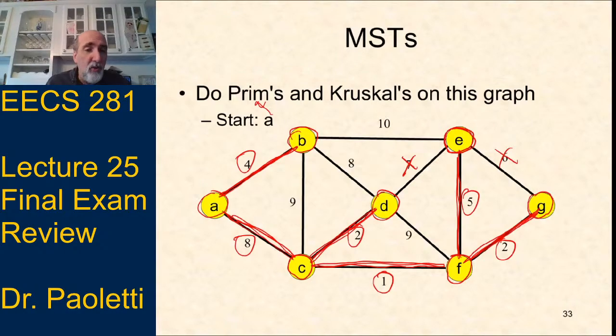But another way we could do is we could just look at all the edges. Let's just check all the edges, and if they produce a cycle, we don't include them. Does the other 8 produce a cycle? Yes, it does. We can't pick the other 8. There's 2 9s, BC and DF. We'll do the BC first. That 9 produces a cycle. The other 9 produces a cycle. The edge of length 10 produces a cycle. And so we're done. So we've picked the edges.